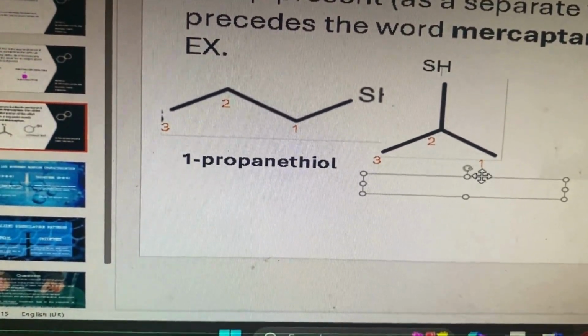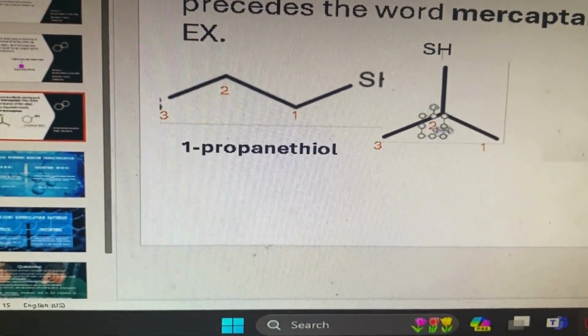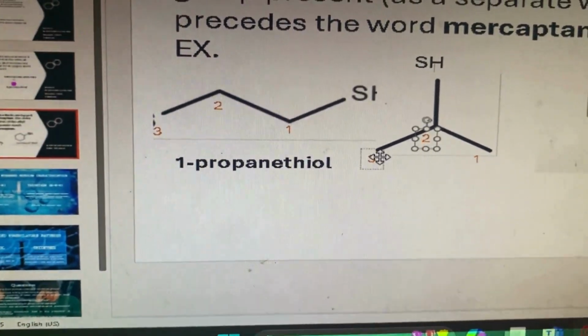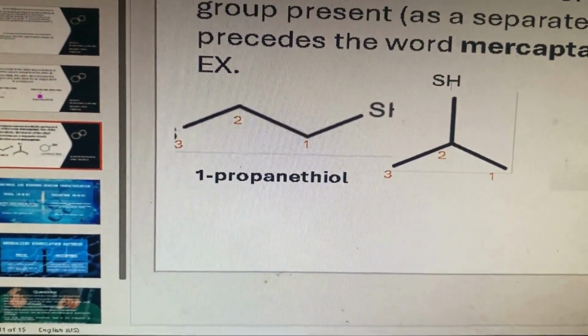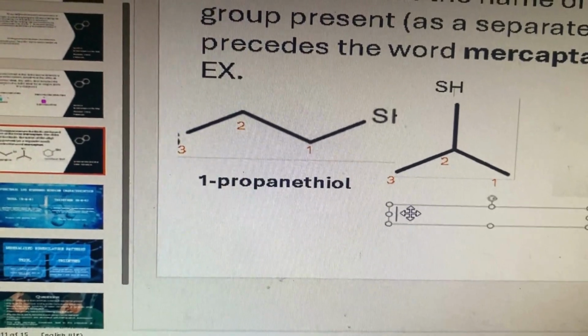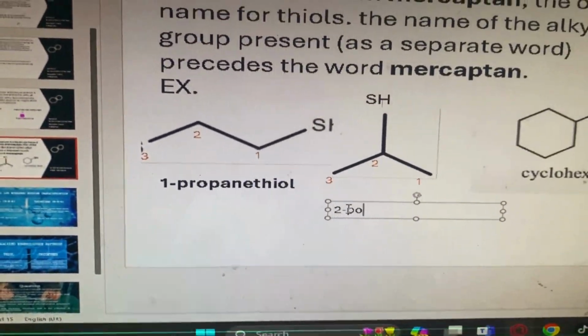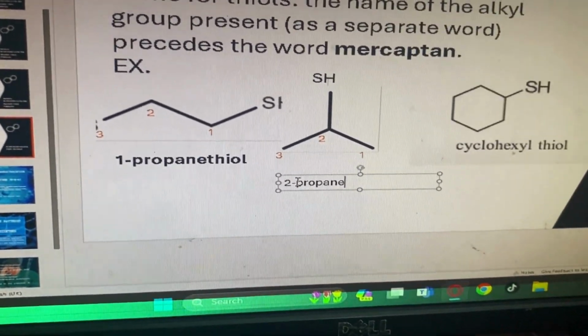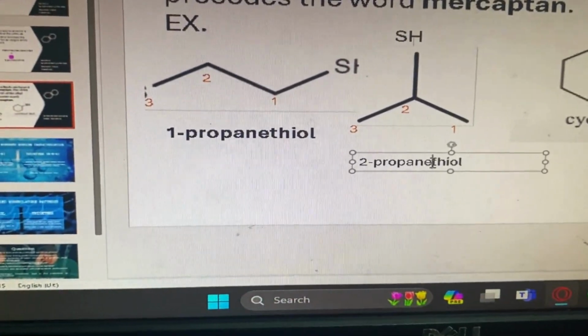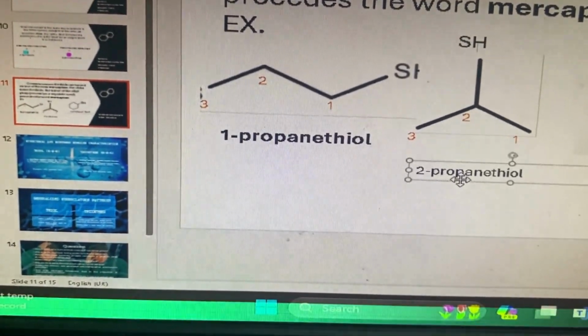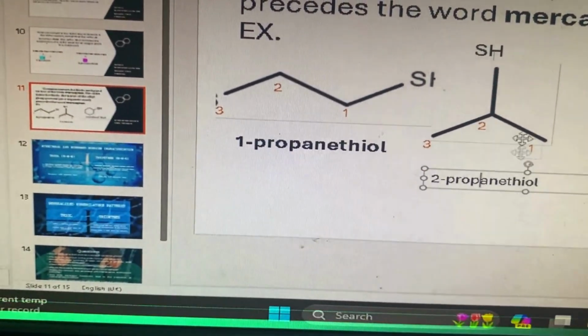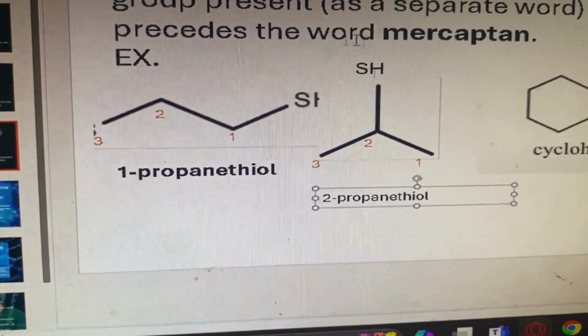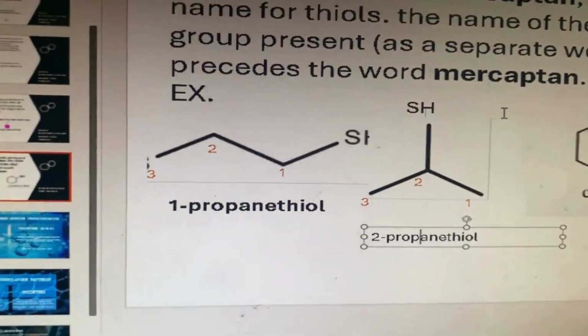Hydrosulfur, and we have here the first carbon, second carbon, and third carbon. Now that it is found on the second carbon, this is named 2-propanethiol. So both of these examples are isomers, just that the arrangement of thiol, or the sulfur and hydrogen, is